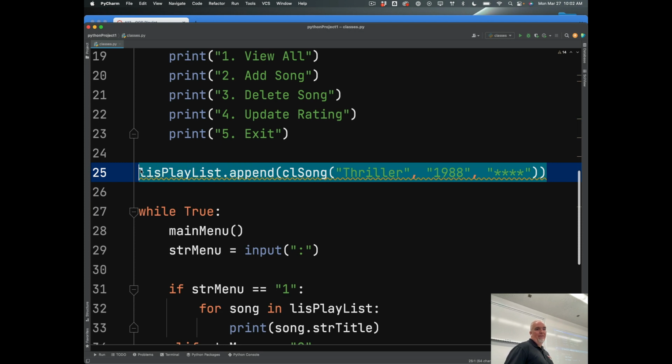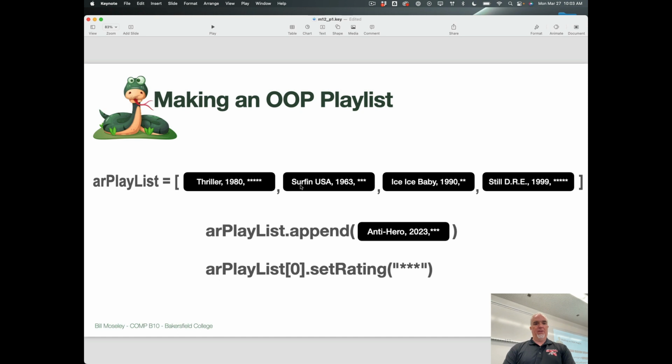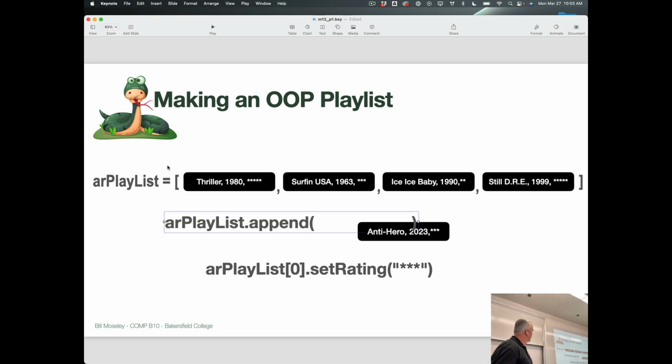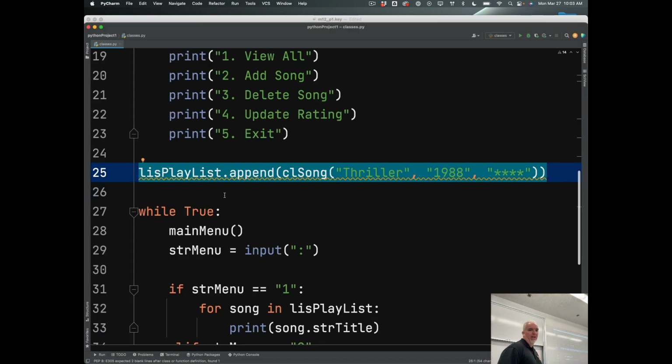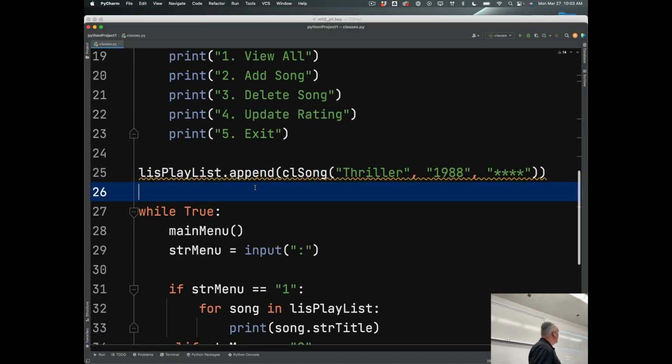So I have very quickly added the first song. This shows you how to add a song to the playlist. You're welcome, right? I use lisPlaylist, which is my main list that has all of the songs in it. If you remember from a few minutes ago, I know it's a long time ago, we have this set up, and I'm putting the first song in there. So lisPlaylist dot append, which is how we add an item to a list. And inside the parentheses